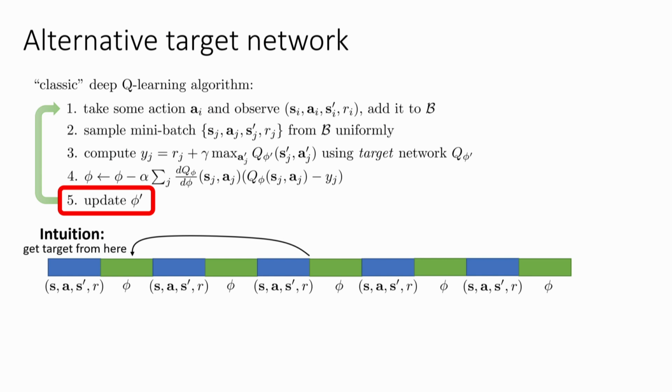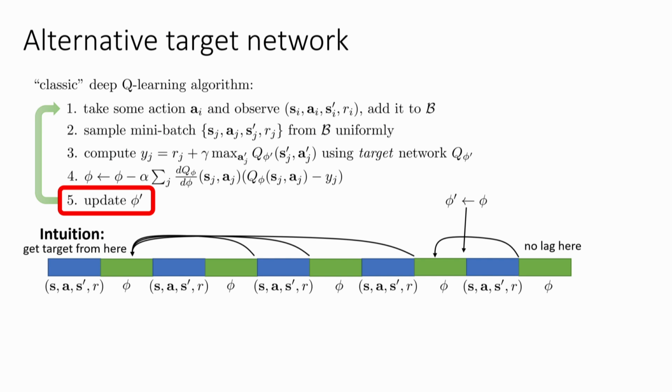So let's say that our lag is 3. Usually our lag will be like 10,000, but let's just say it's 3 because I don't want to draw 10,000 things on the screen. So if it's about 3, then maybe over here you grab your target values from this phi vector. Over here you grab them from this phi vector and so on. Over here you grab them from over there. And then let's say on this step phi got updated. So on this step right here we've set our phi prime to phi. So that means that on the next step we're actually grabbing it from the step immediately preceding it. So we had no lag, a little bit of lag, a lot of lag, and then no lag again. So this seems a little strange, like we have this very bursty level of lag where it increases, increases, increases, then drops to 0, then increases again.